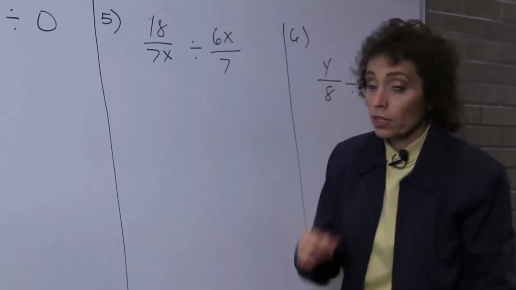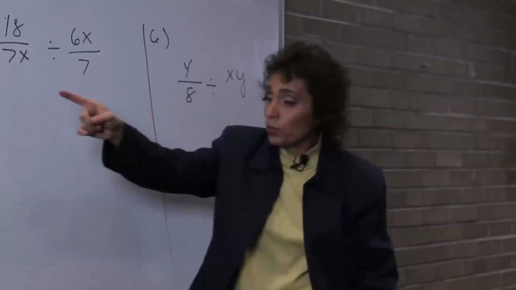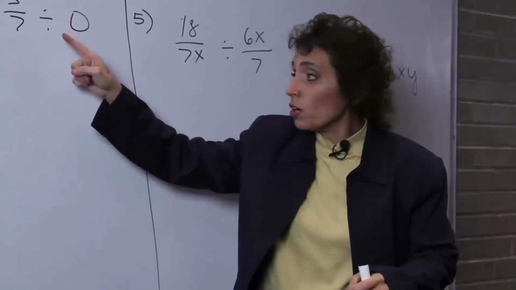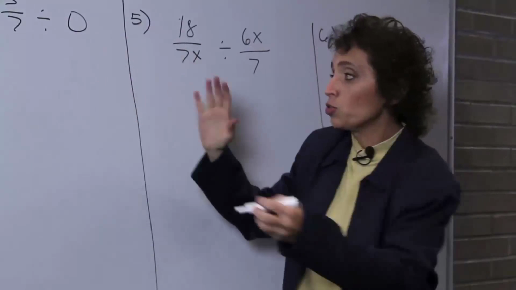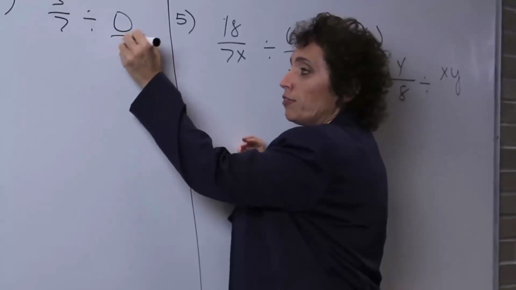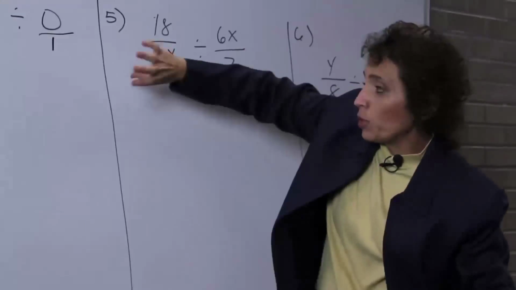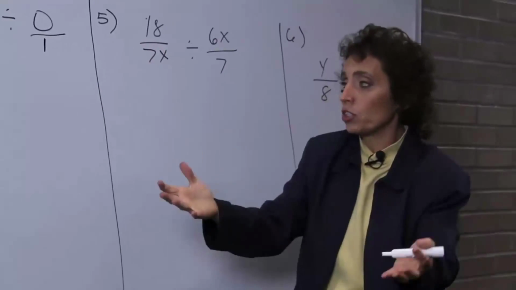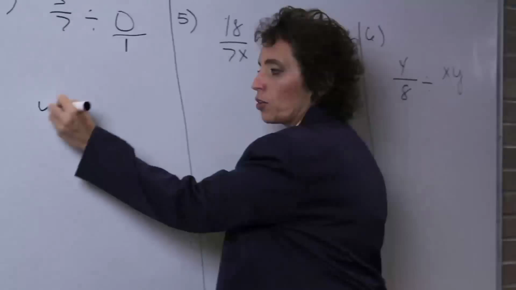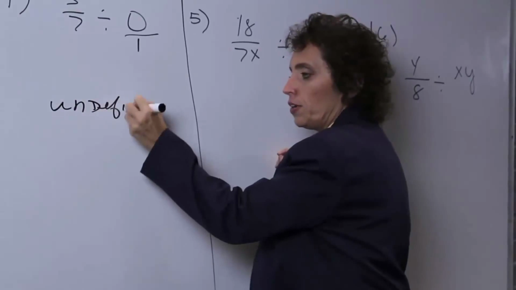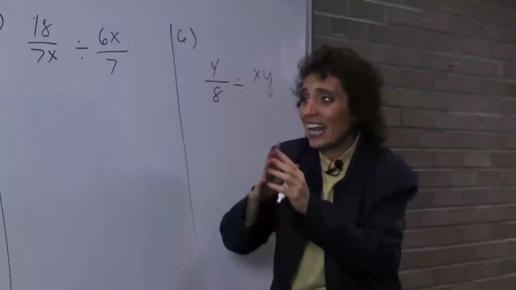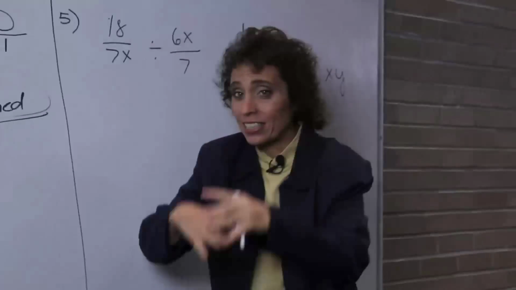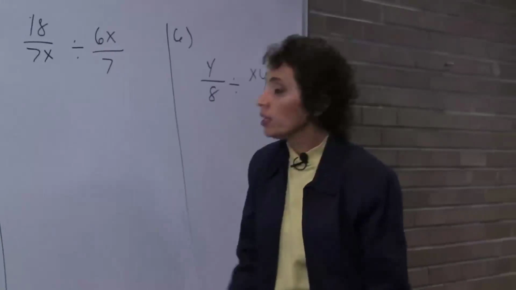Okay. Well, this is up to you, but I'm thinking we're dividing by 0. Remember, we're not allowed to divide by 0, so this is undefined. If you don't see it, watch what will happen. I'd have to write this over some number, and then when I flip it, it doesn't exist because it's undefined. So I don't have to do anything here, but understand this is undefined. Okay, so 0 over 1 is not in any sets of numbers because it is undefined. It does not exist. Okay, let's try this one.